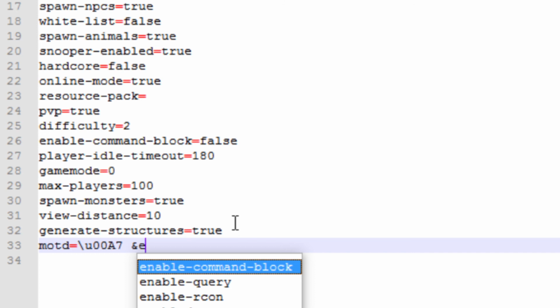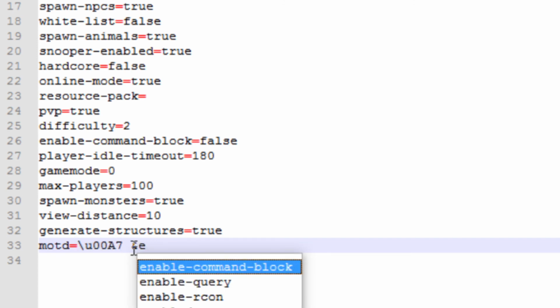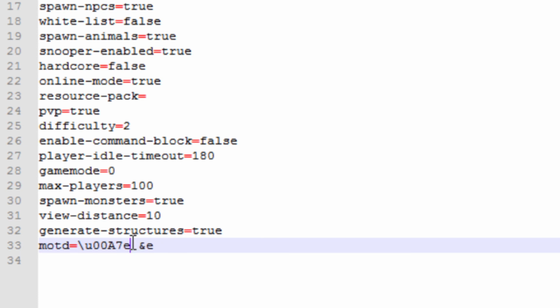So how do I get yellow color now? Basically what I said, it's the same thing. This is the base code. So instead of the and sign, you're gonna be using this, and then you put E here. Same thing, you put E here, it's gonna be yellow color.